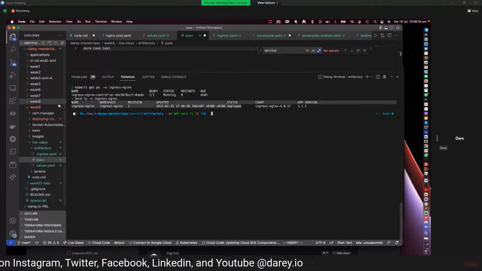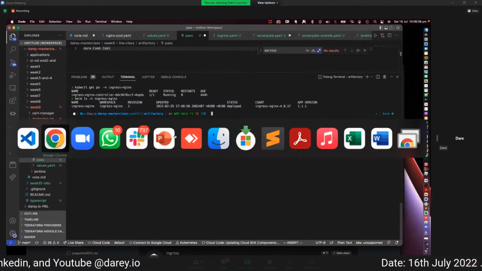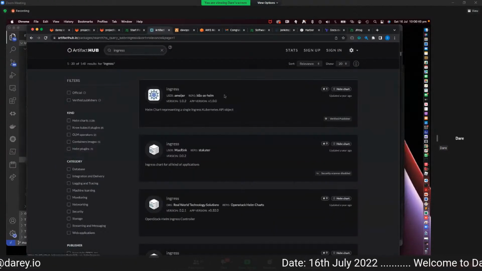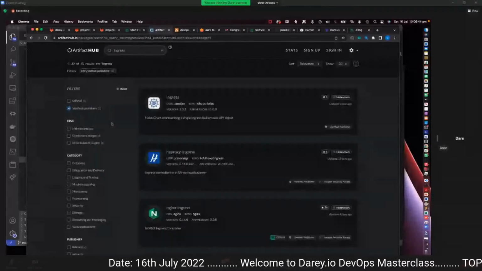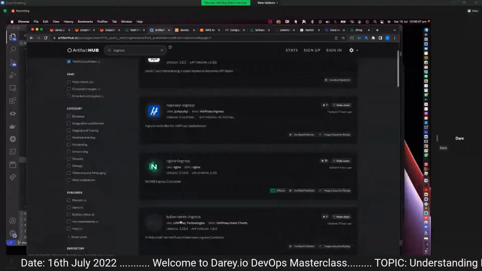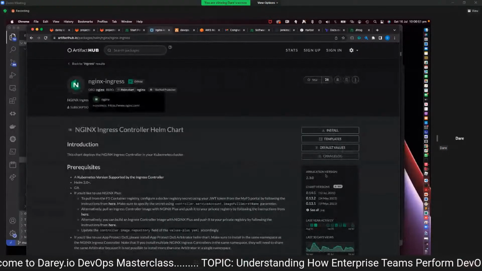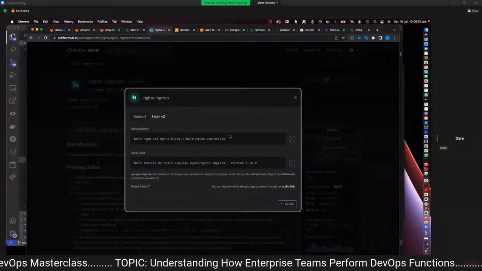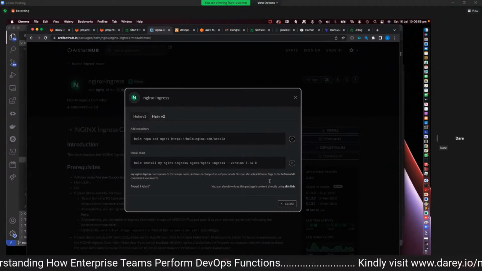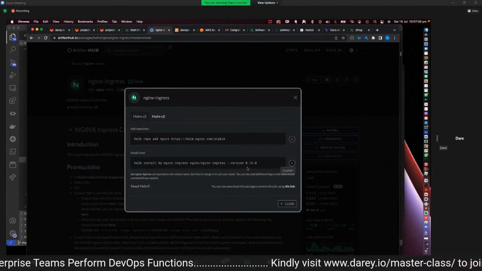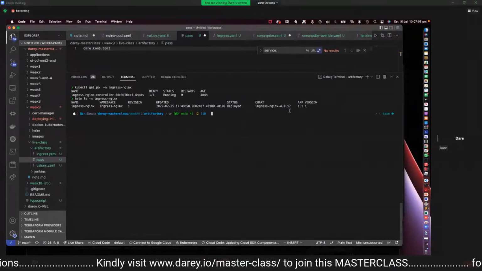I mean, this deployment was done literally without any specific values configuration. So what you can do is you can filter by verified publisher, and there is the Nginx Ingress one here. So this is from Nginx themselves. To install, same thing, copy this Helm repo add, next thing, deploy into your cluster. Okay, this is version 0.14.0, and this is